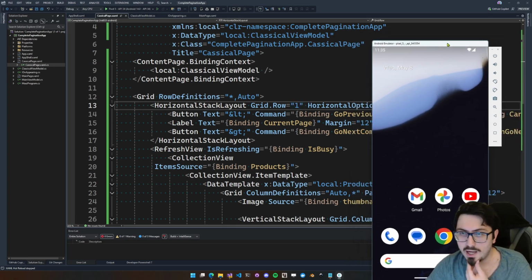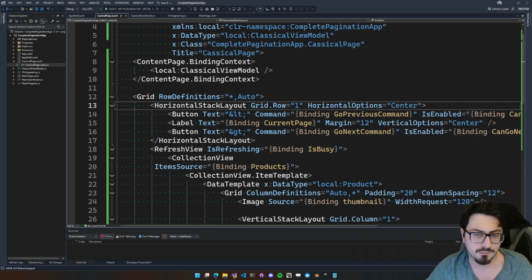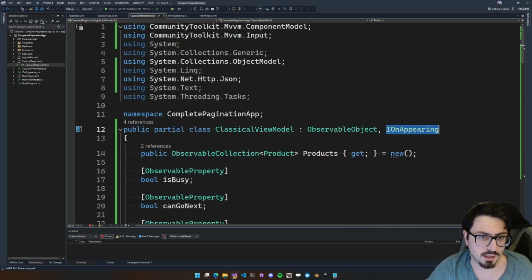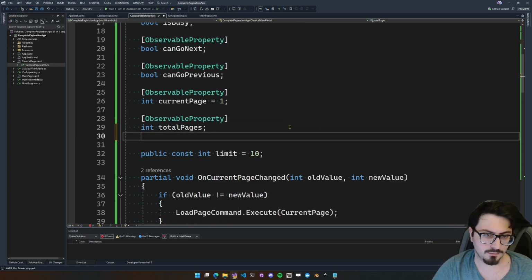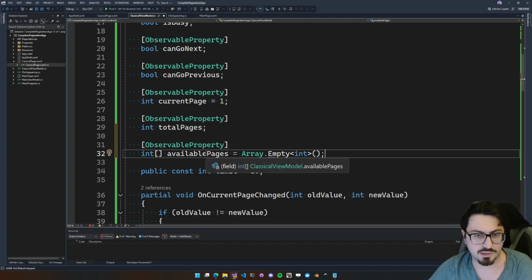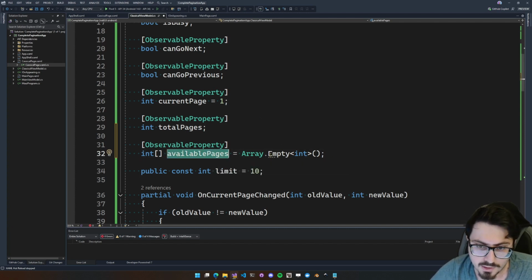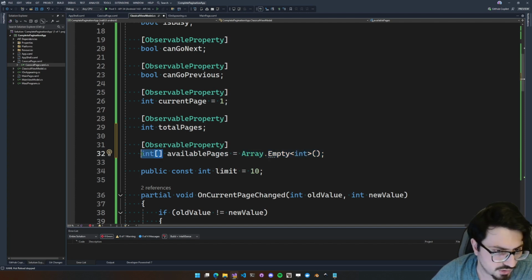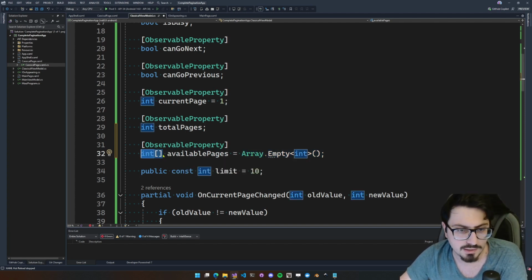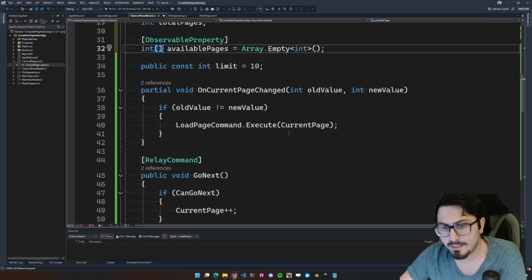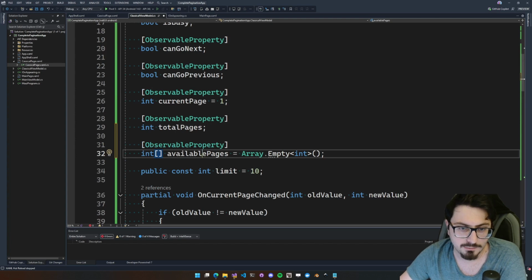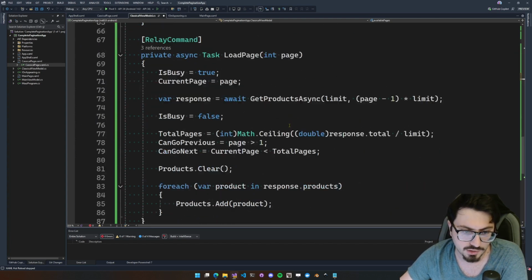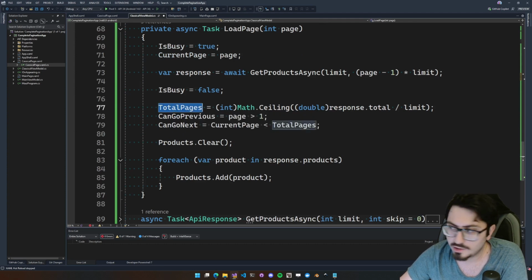So to do that, to bind numbers to the view, I need a property for it. I need an array in my view model. I will define another property here, which is available pages, which is an empty array by default. I don't manipulate this array, I just create a new one when a change is required. So I will define this available pages when I calculate total page. You can see I calculate total page in here,